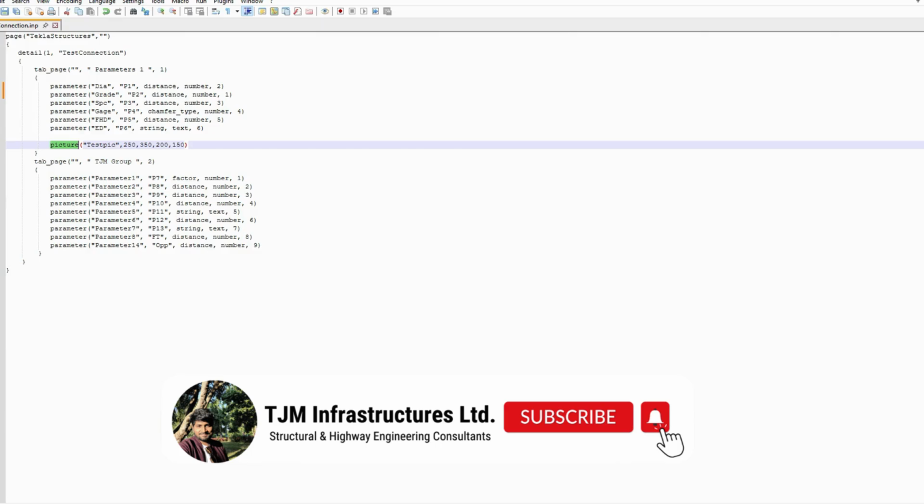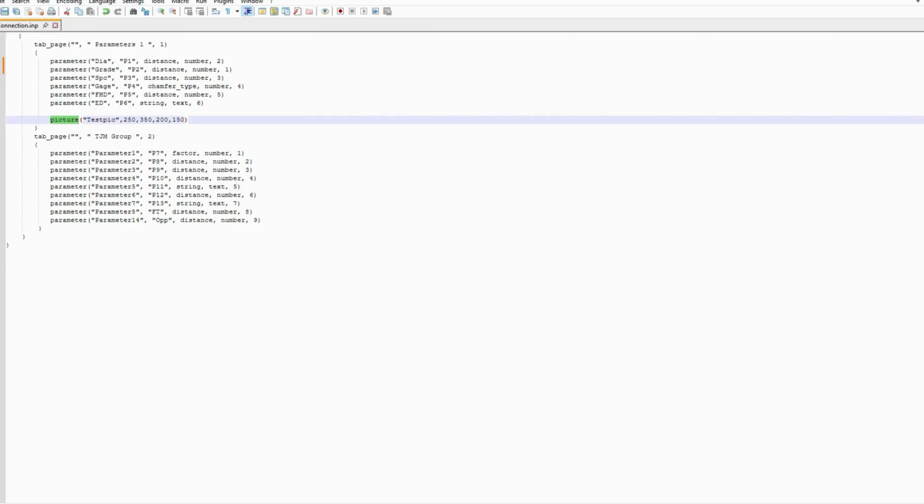And this is my tab 2, that is TGM group, and here I have defined number 2, that is my tab 2, and these are the parameters which I have defined, and this is the sequence. And now let's see how my